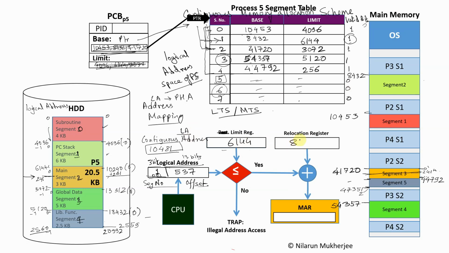And we fill here 8432. Then again we will check whether this is less than this. If yes, we will add this plus 537. So we will access something of 6998. So it will be somewhere here, we will try to access 8969. So this is how logical to physical